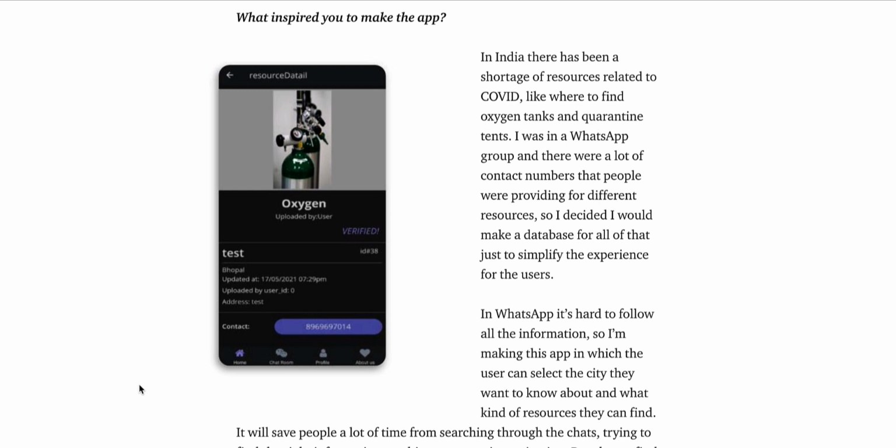Creating a beta launch, who is it going to help? What kind of feedback are you going to be getting from different individuals? And then what are you going to do to scale it? How are you going to be doing this? If you're trying to create an app like this or a resource or a directory for a specific type of problem, I would really take a look at this and realize what are the steps, where are you looking for your beta users, and how can you help people?